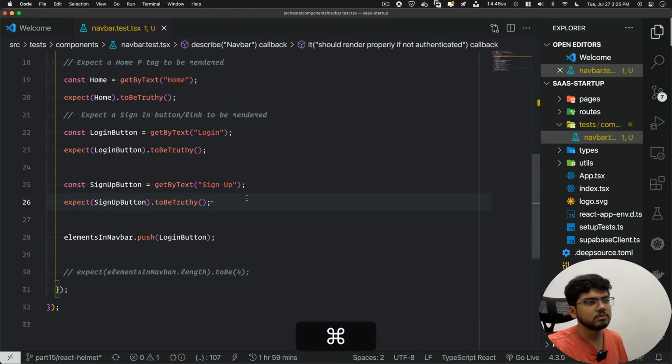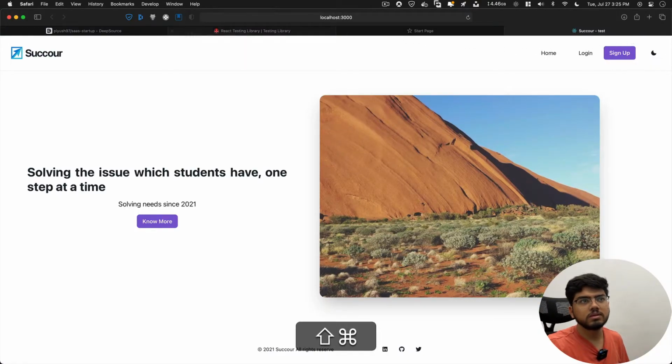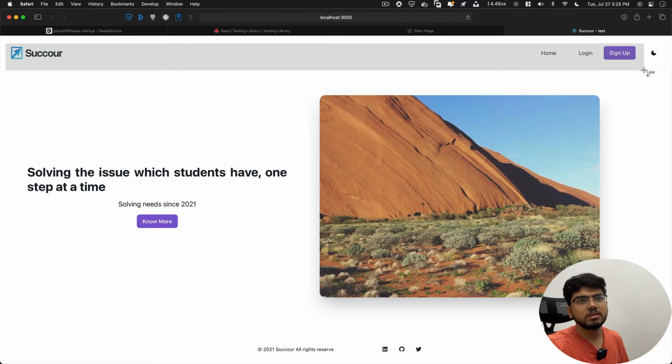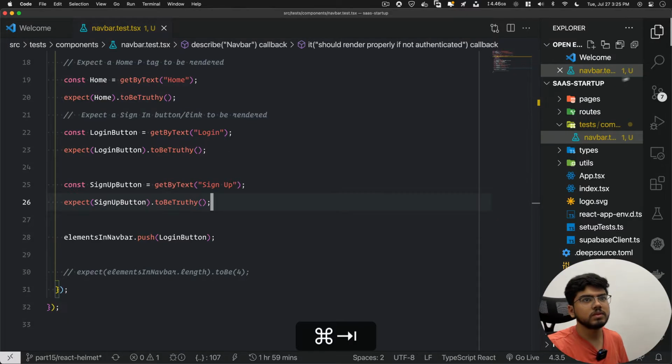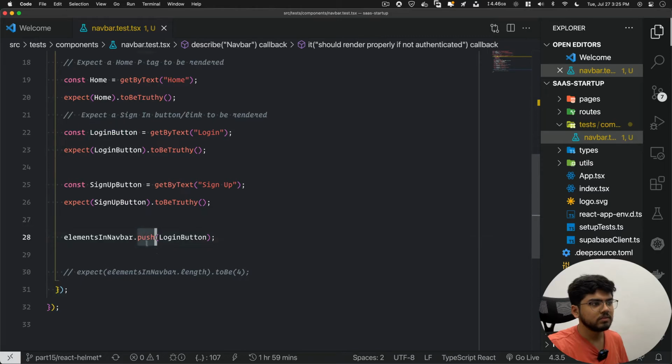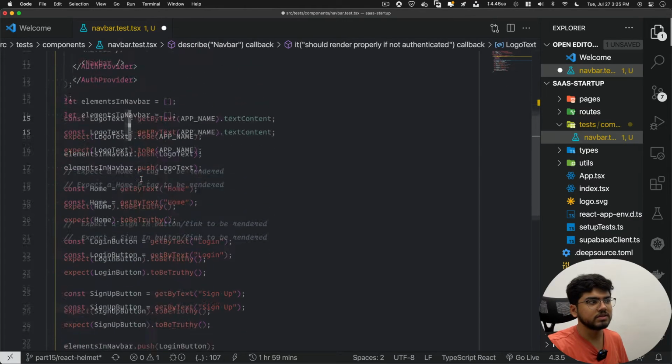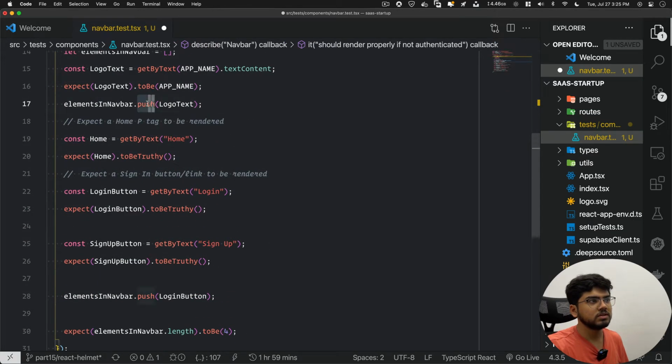Okay, so for now this much of the navbar is done. Now we will test these should be 4 elements, 3 which are buttons, on length, and 1 which is text. So we'll add these also.